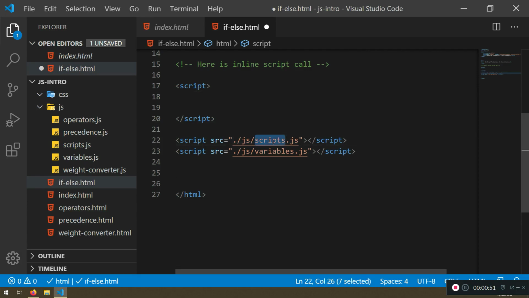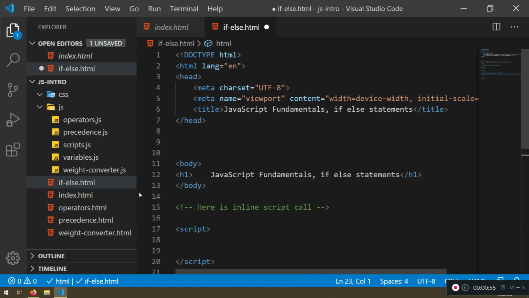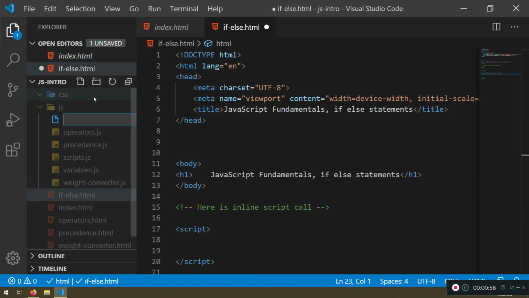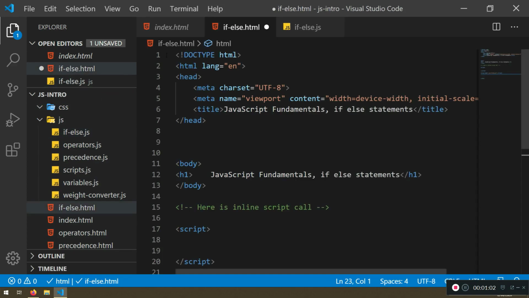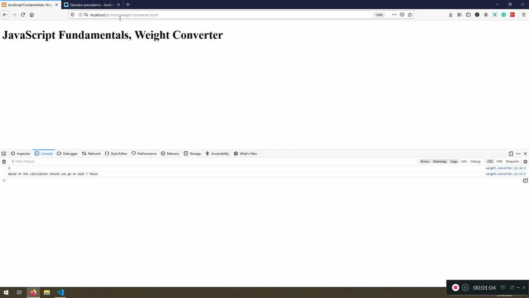So I haven't created this JavaScript file, but I'm going to create it now. If-else.js. Now in this if-else.js, let's just load it up here,